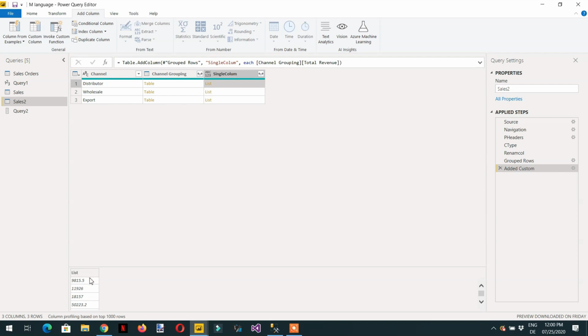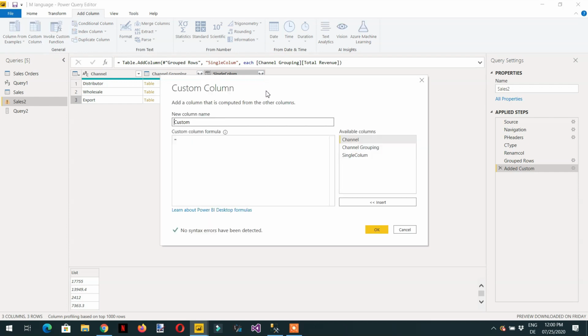So this list contains, every wholesale is having one list, and the export is having one list. In the prior steps we got this with the help of the single select column function. So now we have a list, and then we can add the final step here, custom column, and here we have to write revenue, sum of revenue,